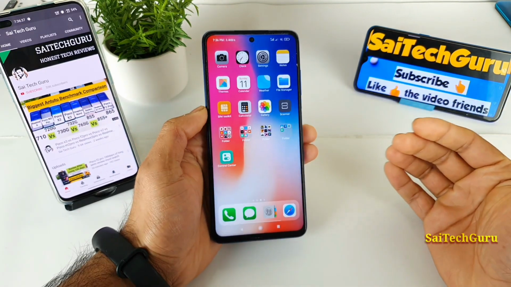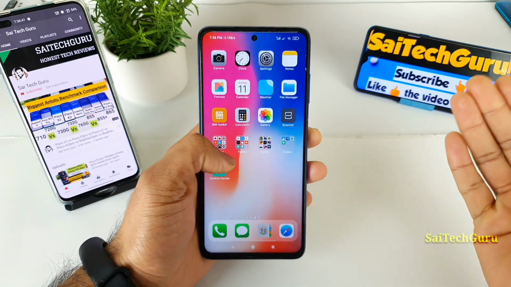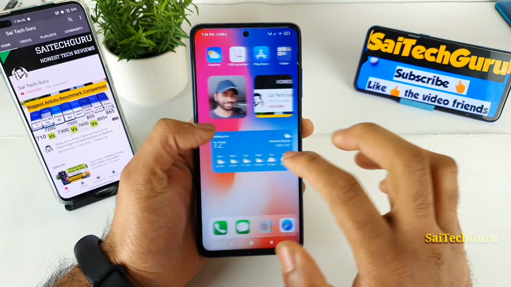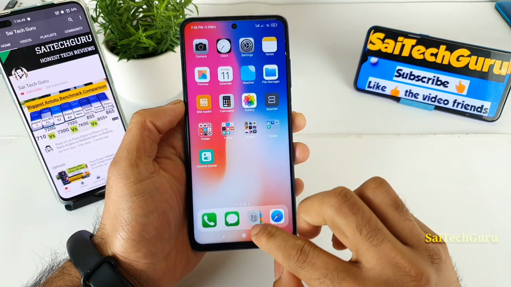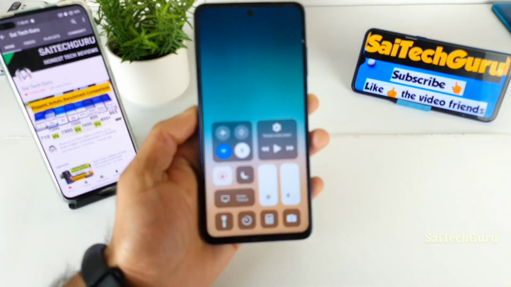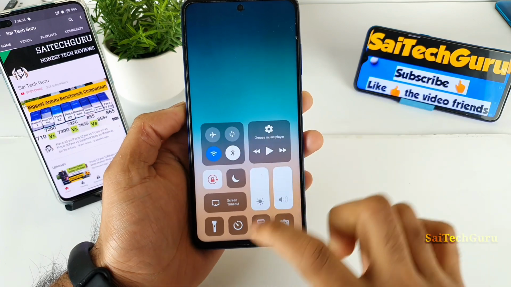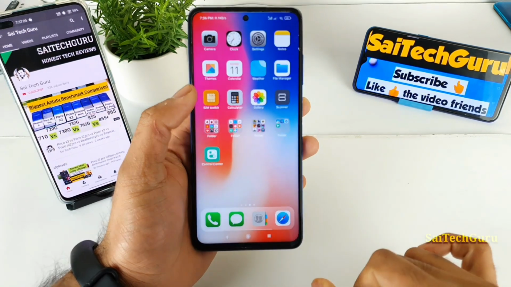And in this iOS launcher setup, all you need is three applications. First is the iOS launcher itself. This is the complete launcher where you get this kind of iOS look. Second, you should have this kind of control center from the bottom, as you can see, friends. This is a complete iOS style control center where you can access everything. That's a good advantage of using this kind of control center.